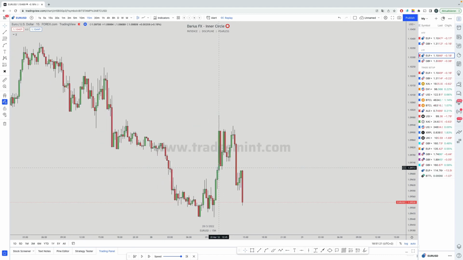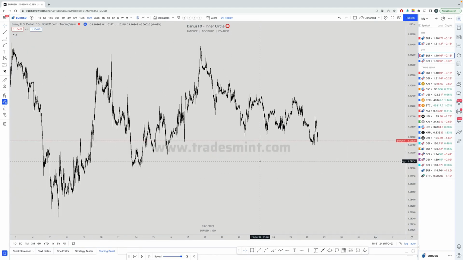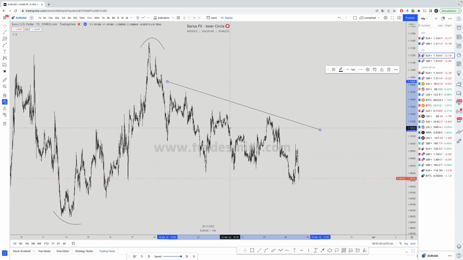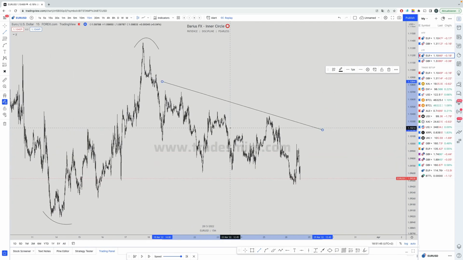Here, for instance, on the Euro USD, if you check out the higher time frame, you are in a bullish swing structure where price is currently, and you expect price obviously to go to the upside. I don't want to go into too much detail here, because this is something we do anyway in all our Zoom calls and weekly outlooks, where I explain what direction we should look for. In this video,